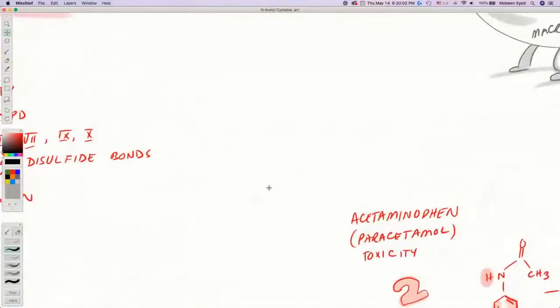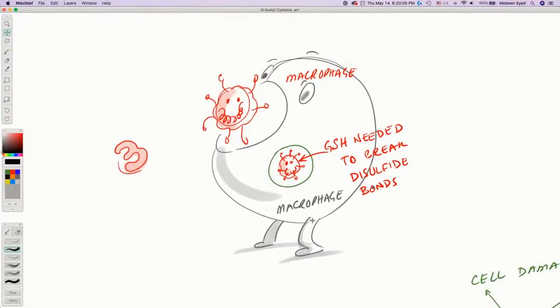Then another important function of glutathione. So we are still singing the praises of glutathione. I'm going to go back to NAC in a second. The important connection here is NAC helps have the right quantity of glutathione. Another important thing is that when the virus or any pathogen is taken up by our